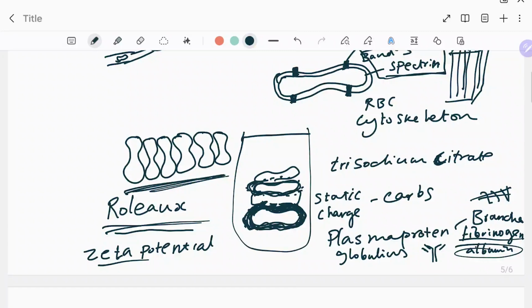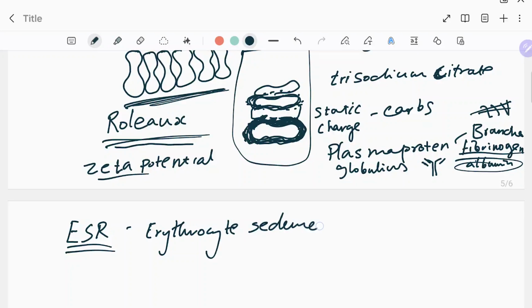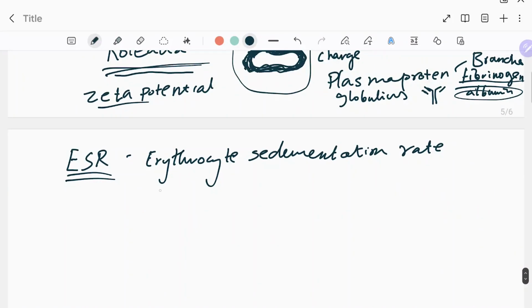So now, knowing all of this about the plasma proteins and the stacked red cells, I would like to talk to you about a very important clinical aspect, which is the erythrocyte sedimentation rate. This is used a lot in the clinics, and you should know how to use this. So what the erythrocyte sedimentation rate is